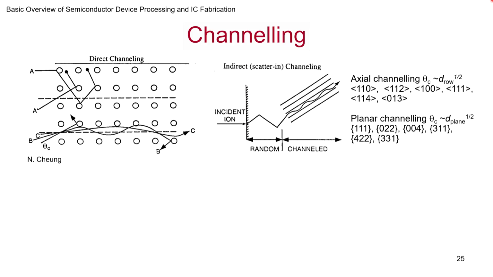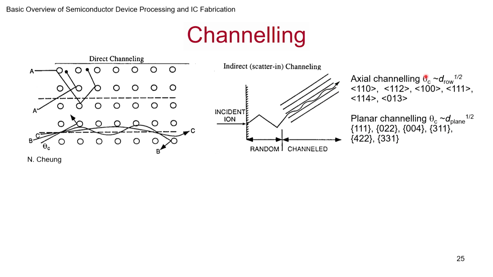So channeling, as we have already discussed, when atoms are arranged in an orderly manner, initially some ions may be random, but some of them can get into a channel. So here you see, if it is in a channel, here it gets knocked again. Once in a while getting knocked, it is going through and it will go a much longer distance. That is represented by this cartoon here. Initially it is random, and then once it gets into a channel in crystalline material, it goes through.